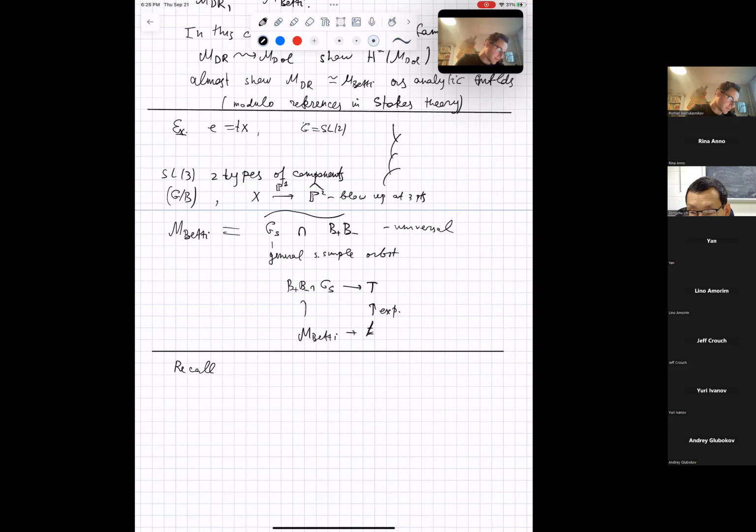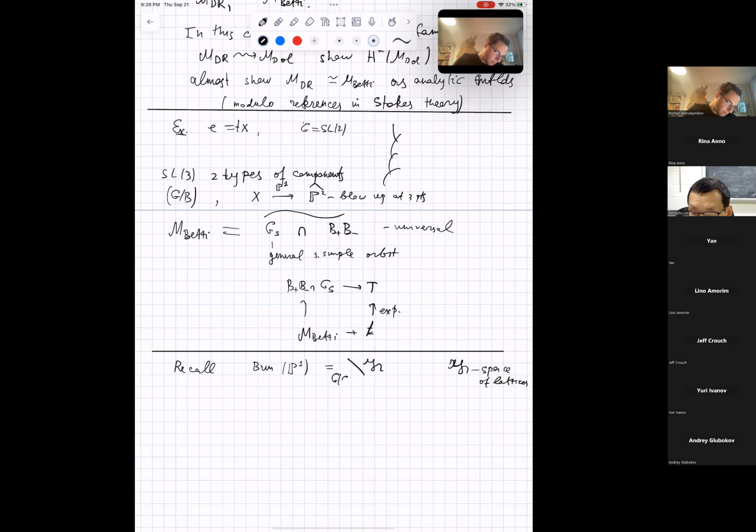Maybe I should start with the point that if I take Bun_G of P1, then this is the affine Grassmannian, a space of lattices, modulo